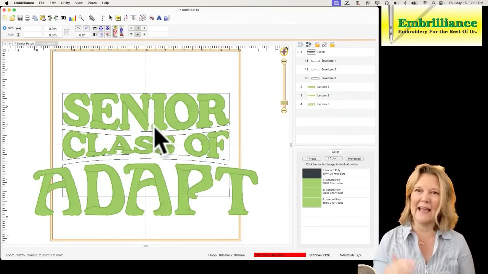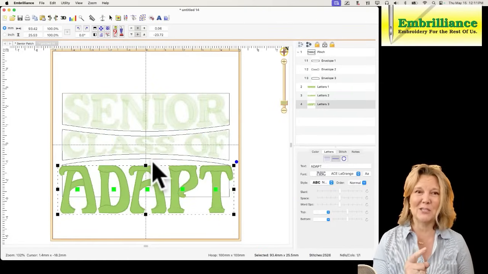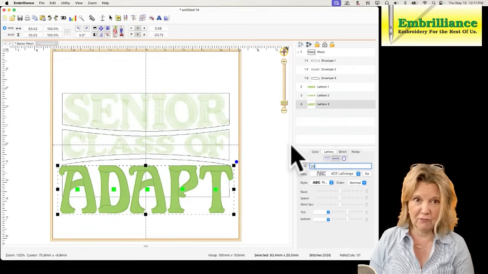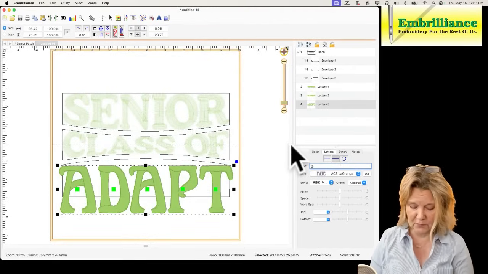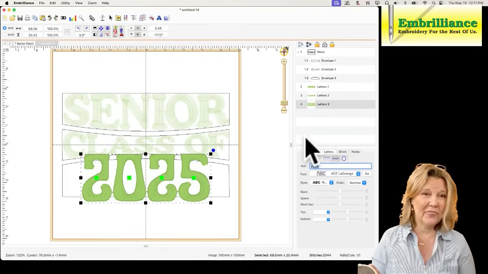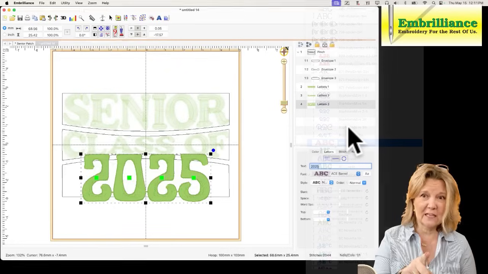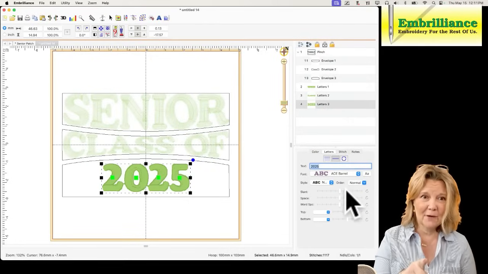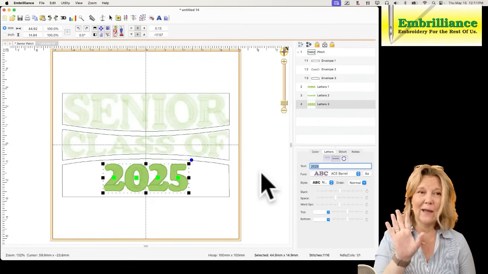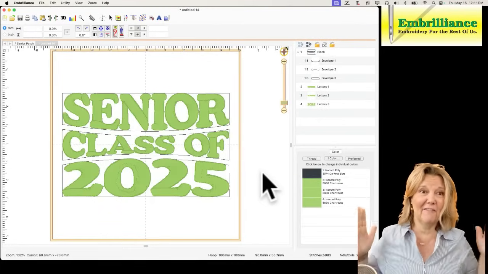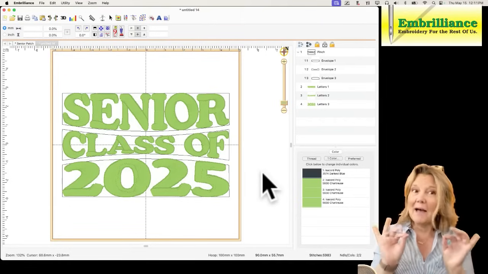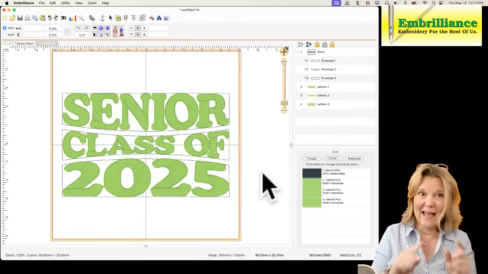So I have senior and I have class of. The last one I need to put in here are the numbers. 2025. Let's put the right date in. Hit the enter key. Now with this, again, let's change it to barrel so that it all matches together. I'm going to move my spacing a little closer just to get it all started. And when I click off, notice that it fills the entire envelope with those numbers. That isn't necessarily a bad thing. However,